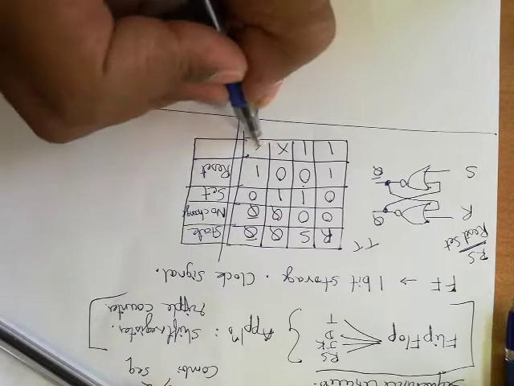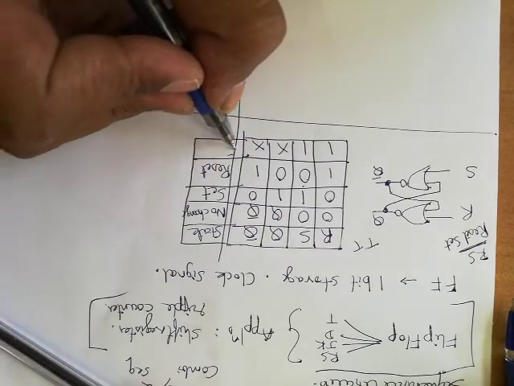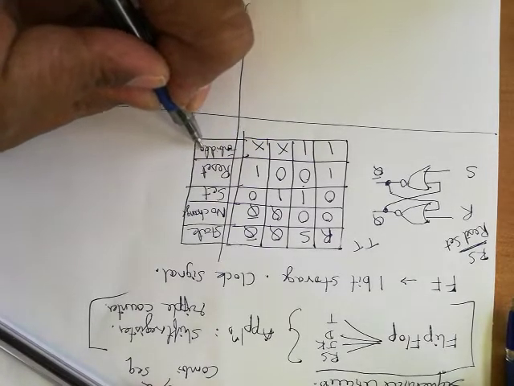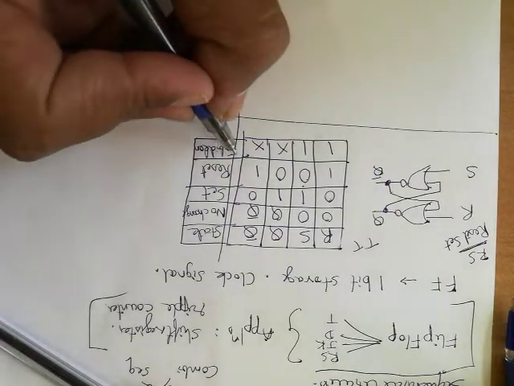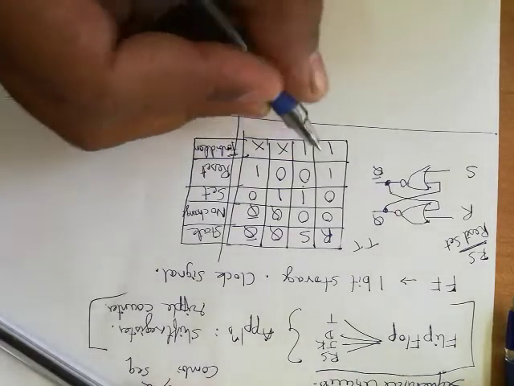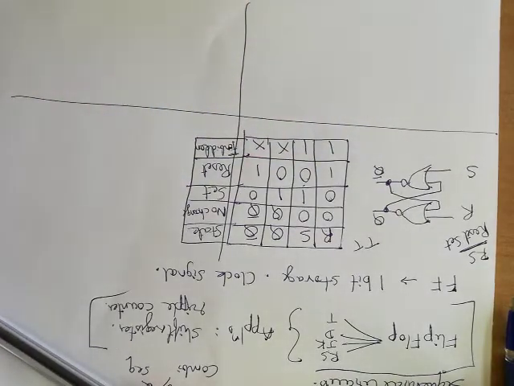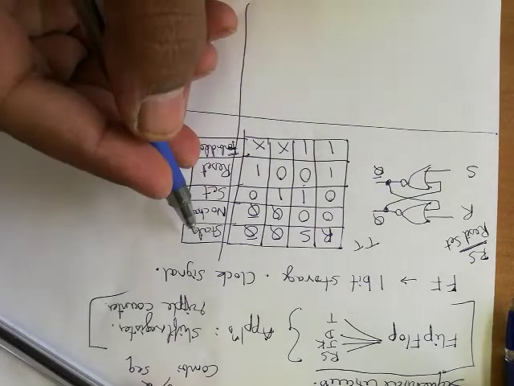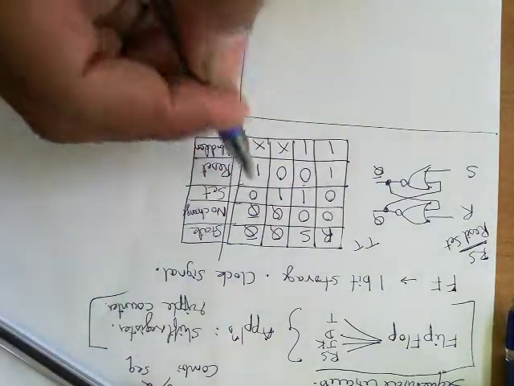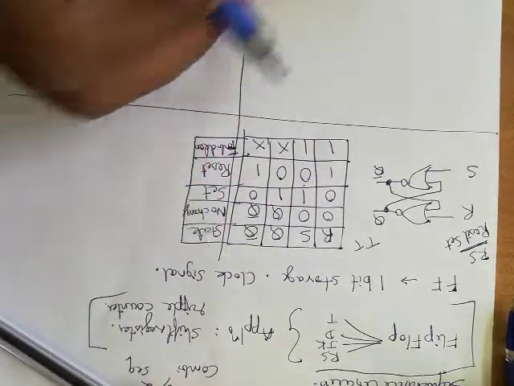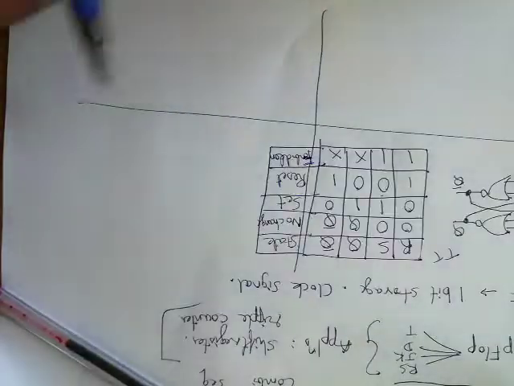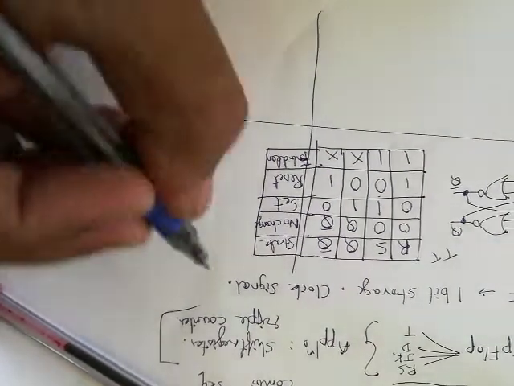1 1 we cannot determine, we'll call this as forbidden. Many different names are there: forbidden state, indecisive state. Means we should never give 1 1 to the input of a RS flip-flop. That will make the state confused and our RS flip-flop will not work. We have to totally restart the work. To overcome this problem, we have our JK flip-flop.